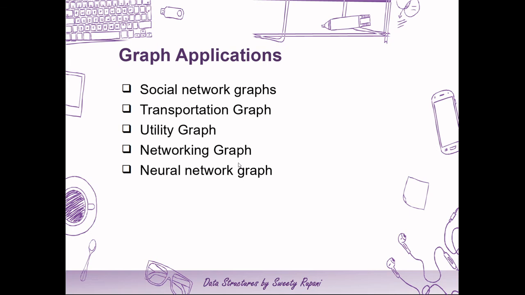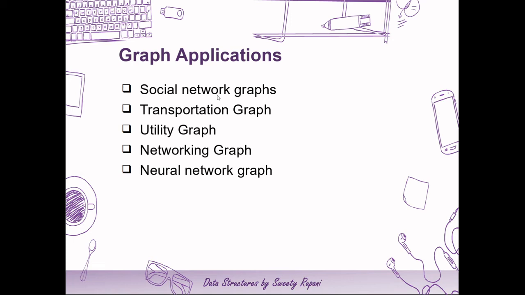Let us now have a look at graph applications. A social network graph represents who knows whom, who communicates with whom, and the relationships in a social structure. For a transportation graph, in a road network, vertices are intersections and edges are the road segments between them. And for a public transportation network, vertices are stops and edges are links between them. Such networks are used by many map programs like Google Maps, Bing Maps, and now Apple iOS 6 Maps.